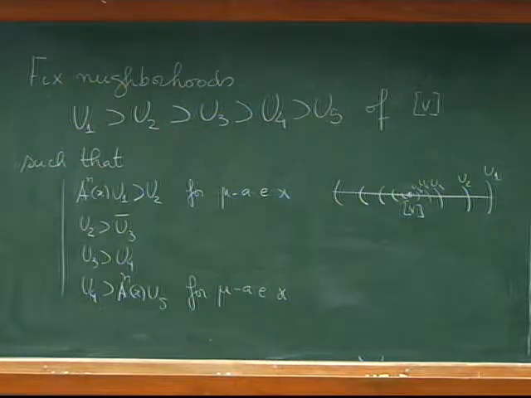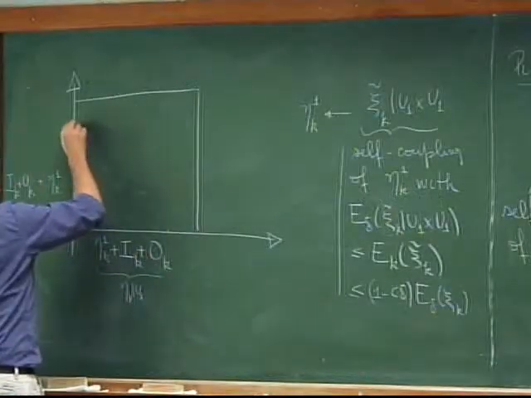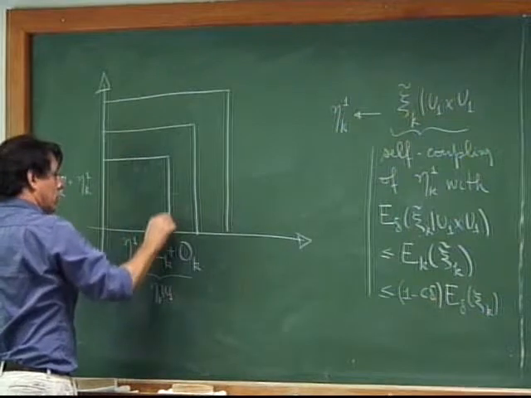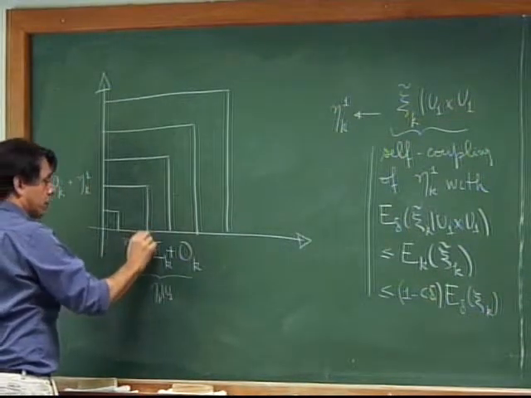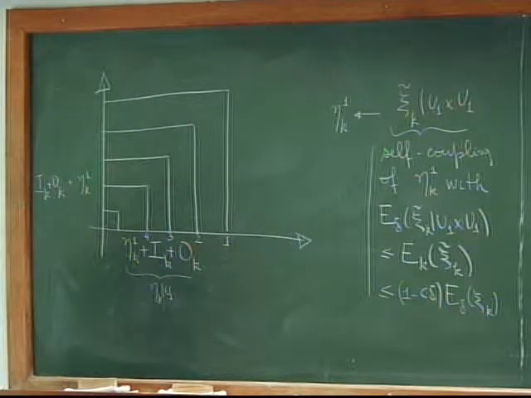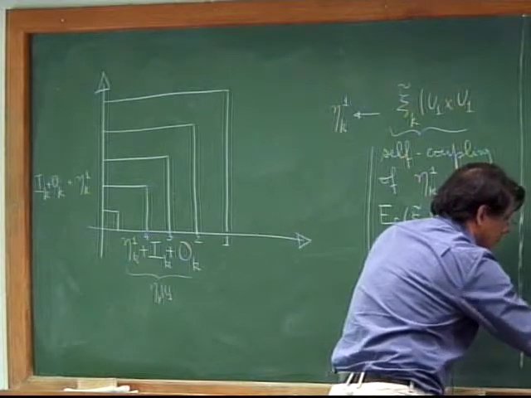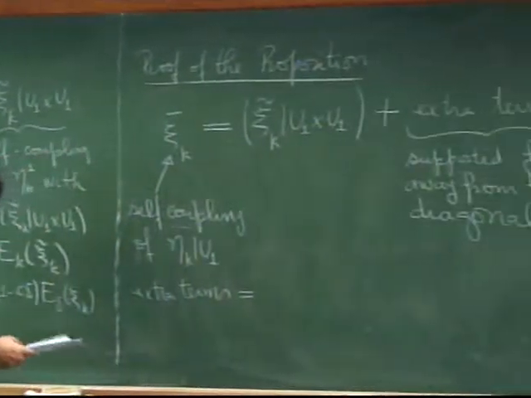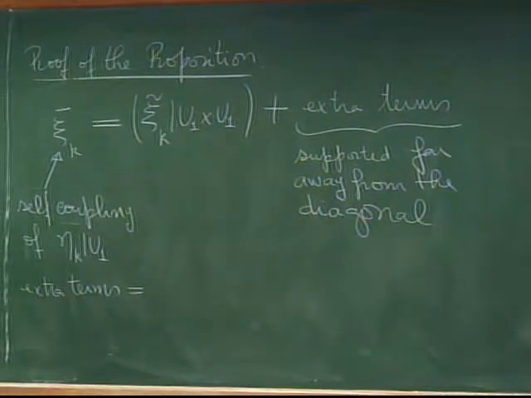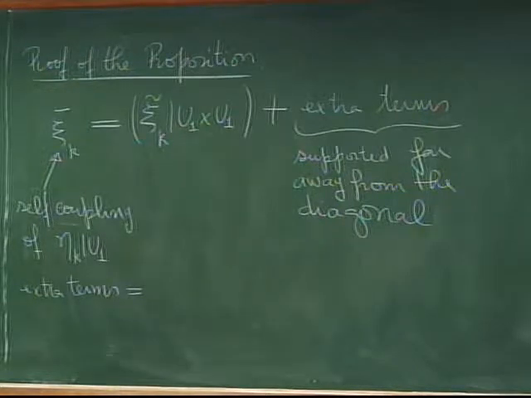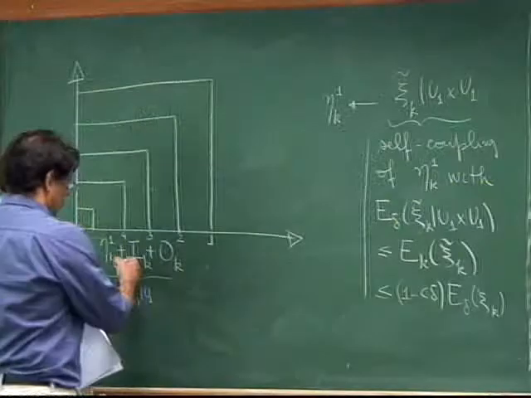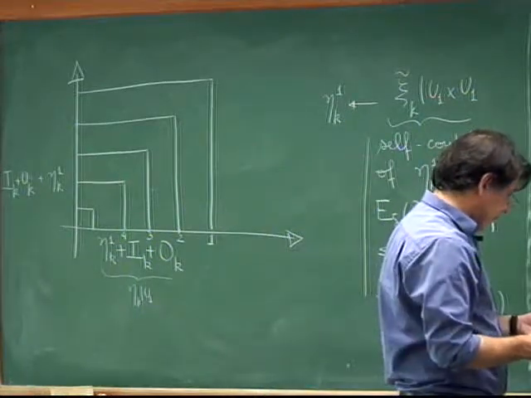And then, so I have to draw these neighborhoods here. I have to make U1 bigger. Then you have U2, you have U3, U4, U5, 5, 3, 2, 1. And then now I can tell you what the extra terms are. I mean, one possible choice. If you ask me how you get to find these terms, well, you just try. You know what you want. You want them to be bounded, to be supported far away from the diagonal, and you want them to project these extra terms to ik plus ok. So one possible choice is